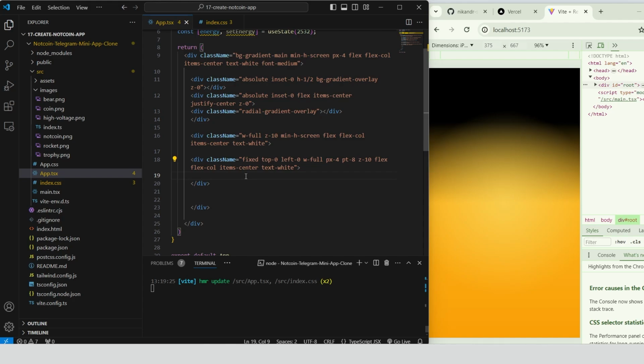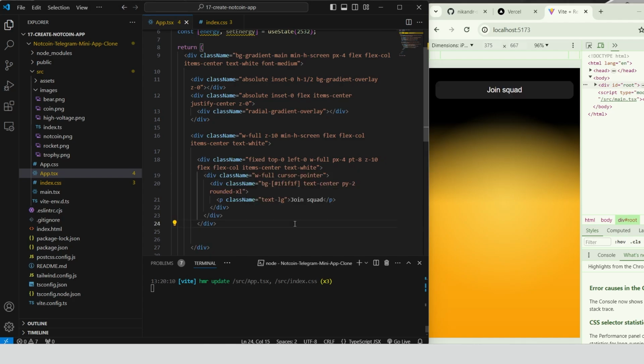Text white sets the text color to white. Define a div element with the class wfull to set its width to 100% of the parent element. Cursor pointer class changes the cursor to a pointer when hovering over the element, indicating it's clickable. Inside this div, create another div with a background color of dark gray, centered text, vertical padding of 0.5 rem,